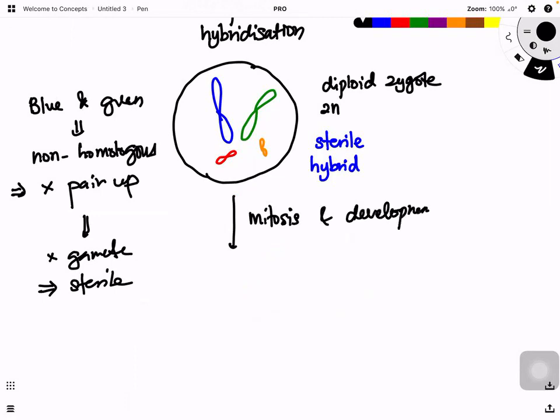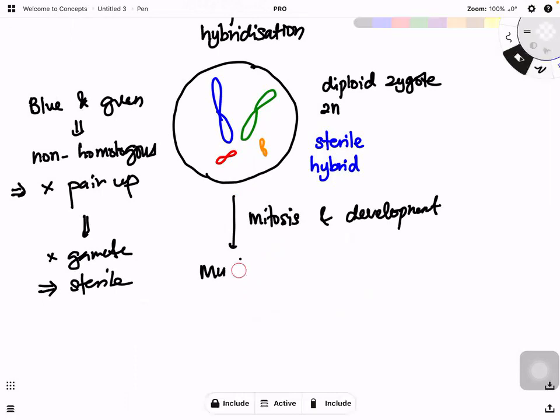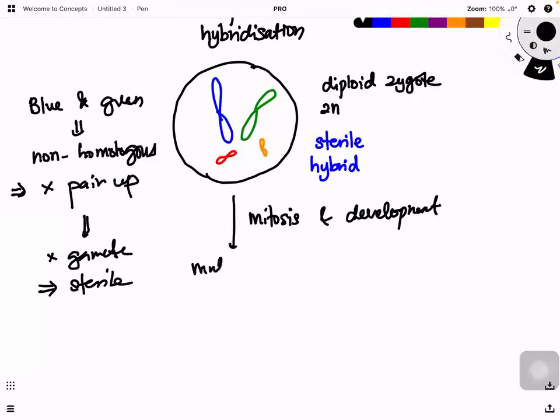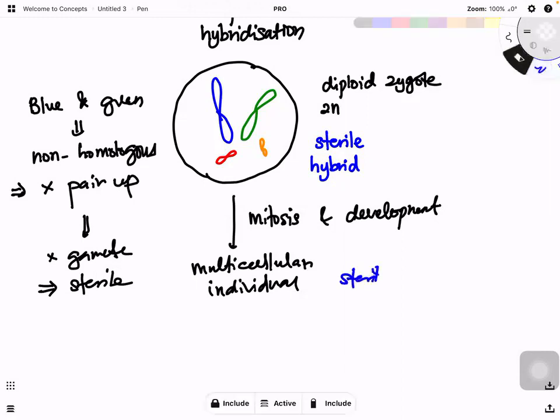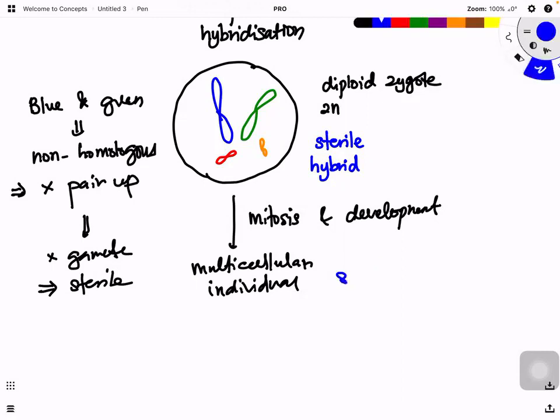They can become a multicellular individual, but as I said, they are still sterile. They won't be able to produce gametes at all. Okay. So now, what actually happened here is,